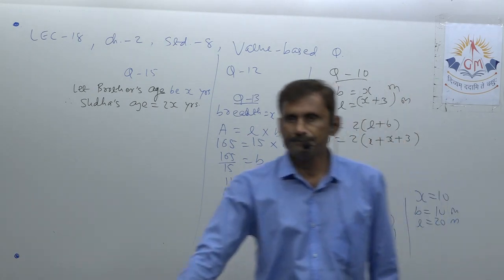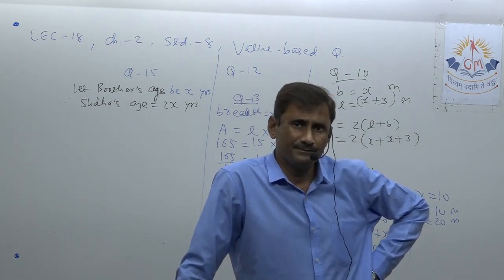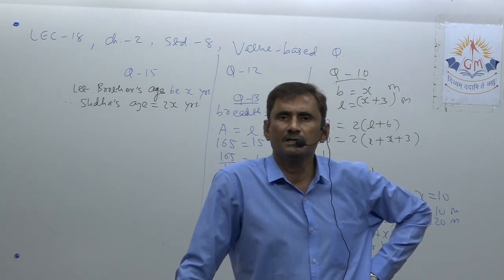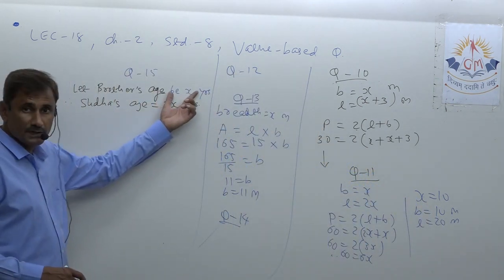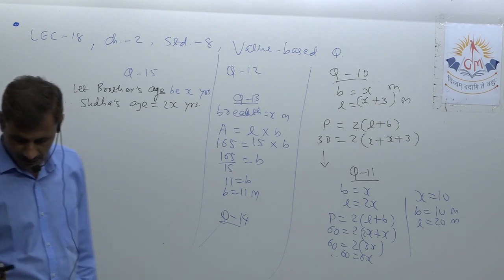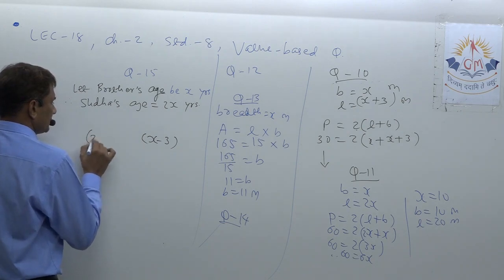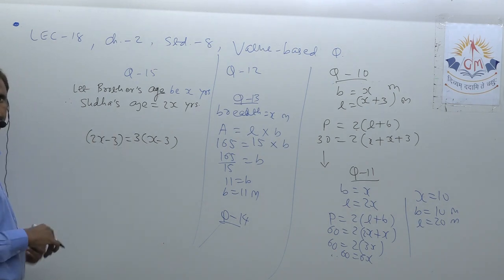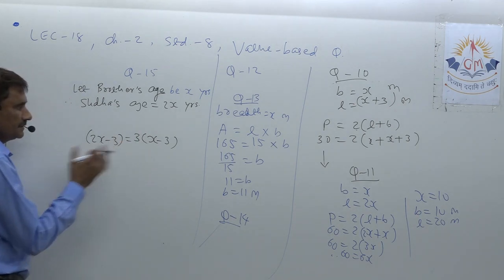Suppose now you are in 8th, so mostly you are having age 13 or 14. Suppose 13. So what was your age before 3 years? Obviously 13 minus 3, 10. So just subtract them. So brother's age was x minus 3, Sudha's age was 2x minus 3. Then what is the relation? 3 times. So Sudha's age was 3 times that of his brother. Now just open the bracket, shift terms, and solve it.